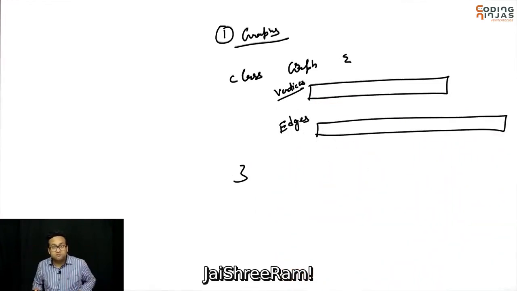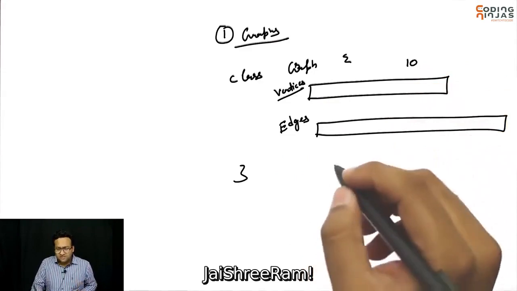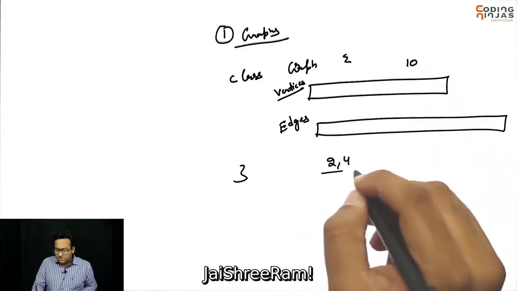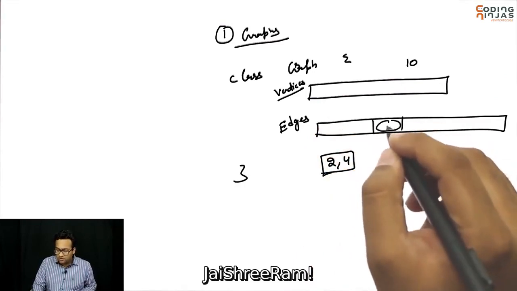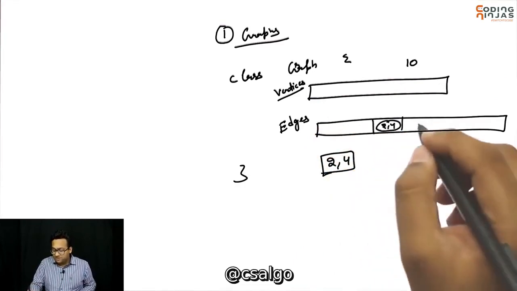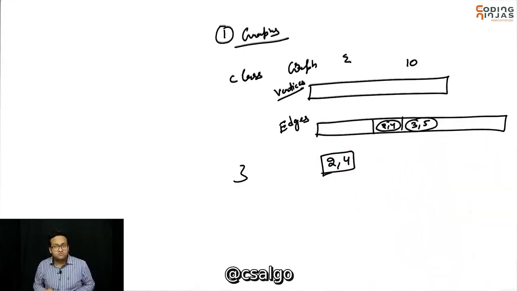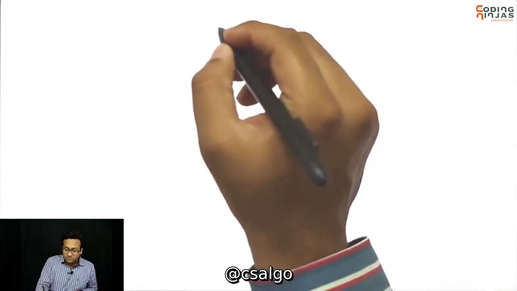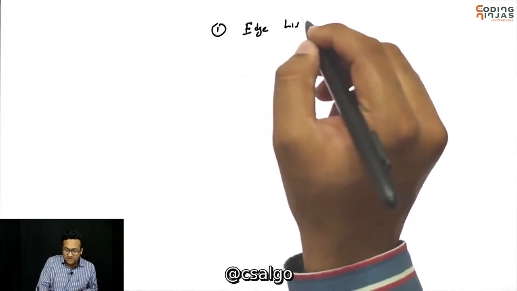place. We picked everything up and put it in one place, okay? So let's say I have 10 vertices and 5 edges, where I'm saying that vertex 2 is connected to vertex 4. So my edges will actually be pairs. I'm storing pairs: there is an edge between 2 and 4, and another one between 3 and 5, and so on. So I have all the vertices together at one place, all the edges together at one place. We call it an edge list because we have created a list of edges.